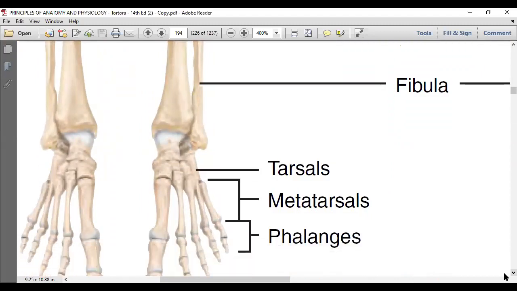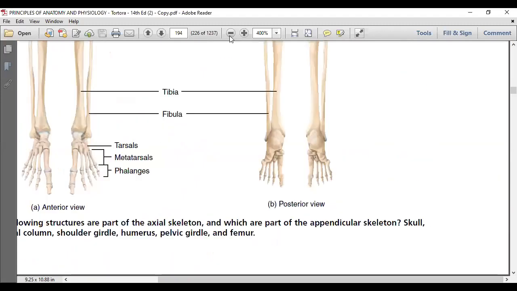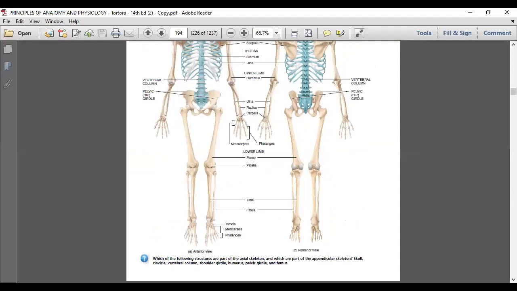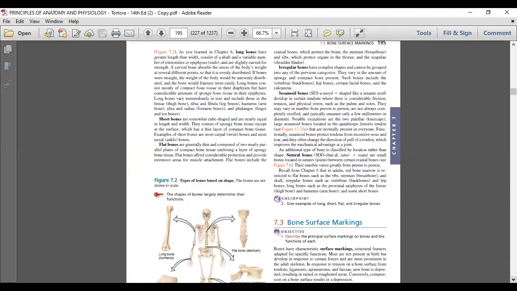Then this is about the tarsals. Here in the tarsals, we said the intertarsal joint is a gliding joint. Between the tarsals and metatarsals, we have the condyloid joint. And between the phalanges again, hinge joint is fine. So this is all about the different kinds of joints. There are some more diagrams, and I'm closing here.